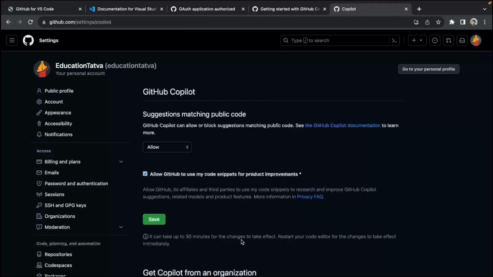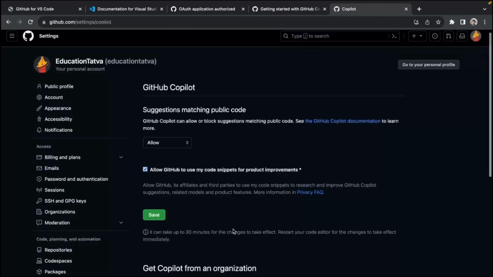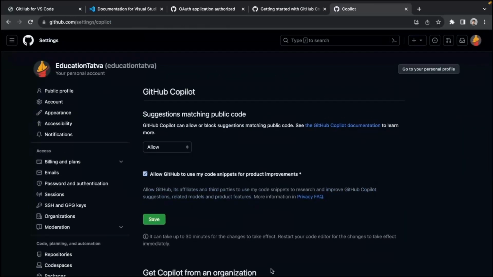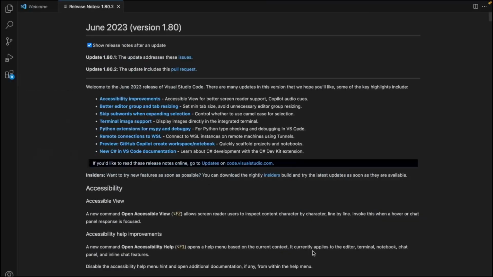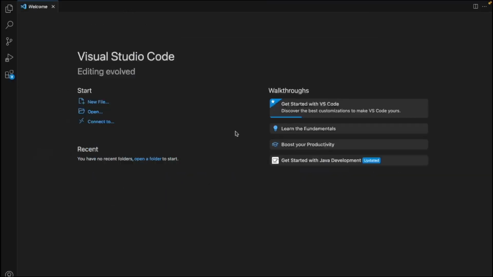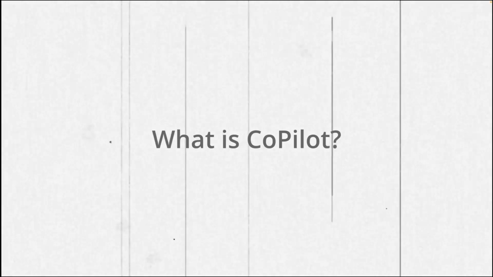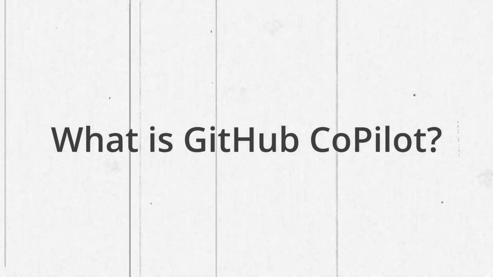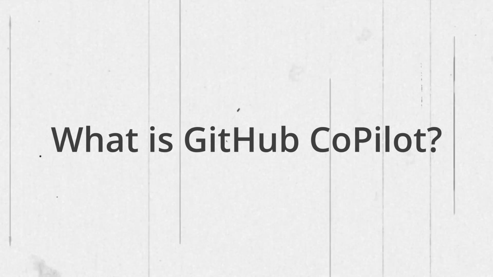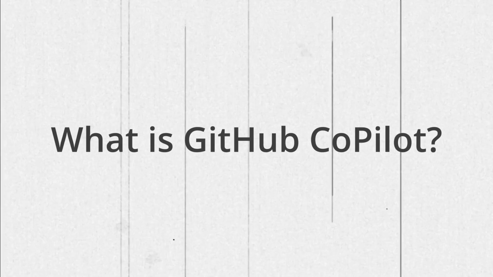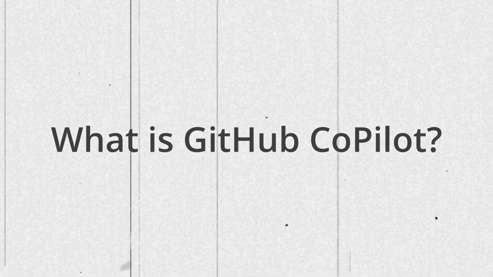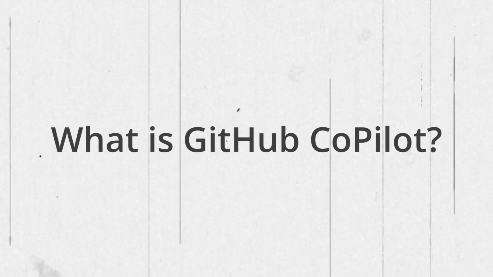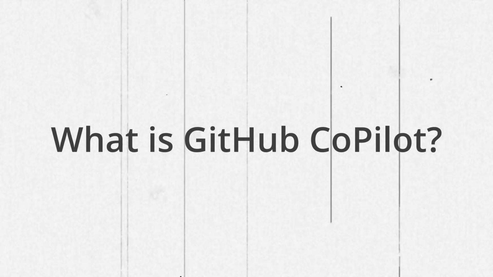So right now I'm just saving all these settings, and after that let's move to our VS Code, where we will be setting up our first project and we'll show you some of the cool examples. But before that, what is CoPilot? CoPilot is a tool or functionality available from GitHub, where it uses the power of ChatGPT, the large language model,